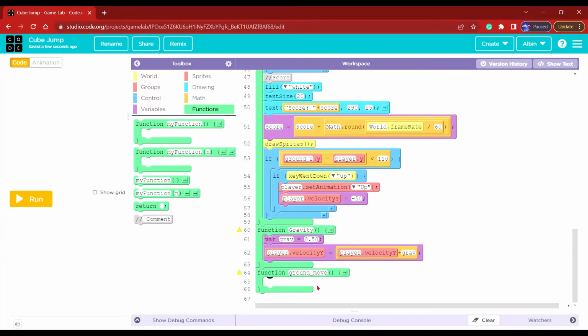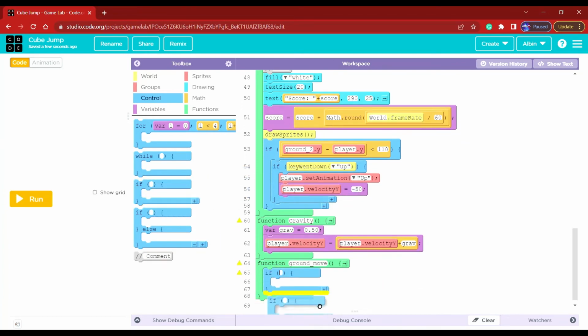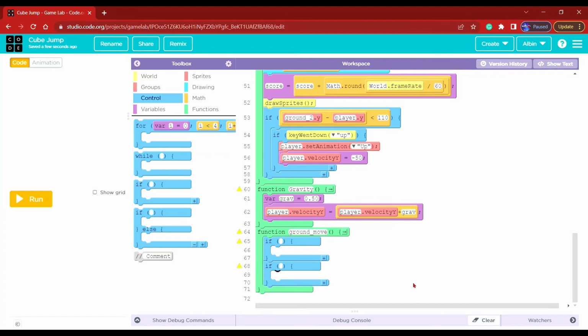So you have to actually go to if, and just get an if for both of these, and do if ground dot x equals 0,